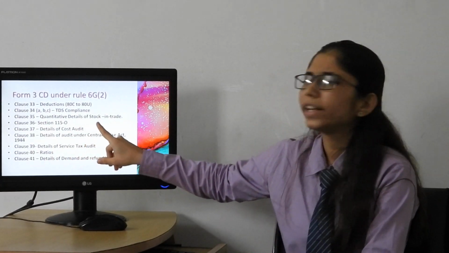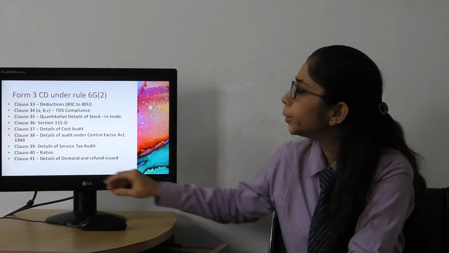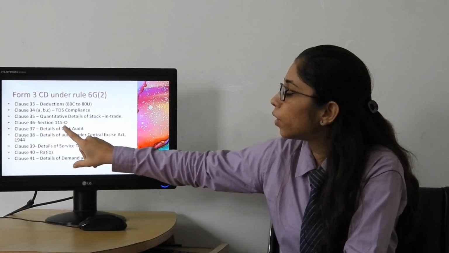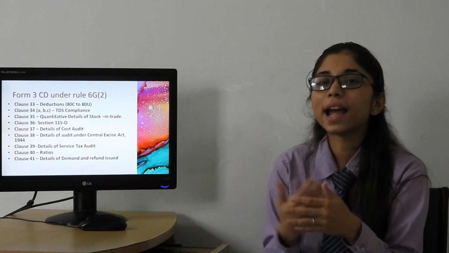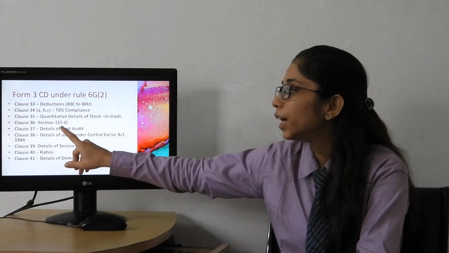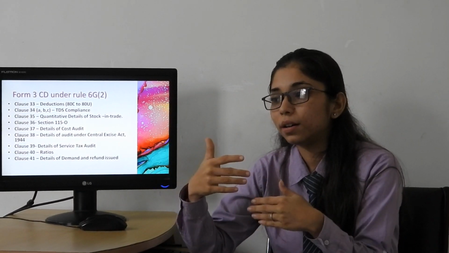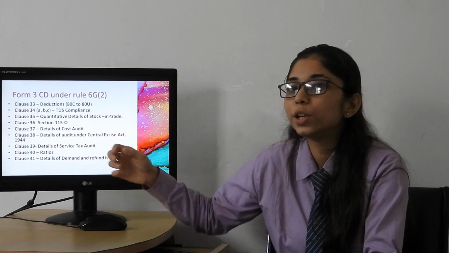Clause 35, quantitative details of stock in trade which you will get by your audit. Clause 36, section 115O. When you get any dividend from a domestic company, you need to mention it here. And if it's a domestic company and you are allowing dividend, then you need to mention